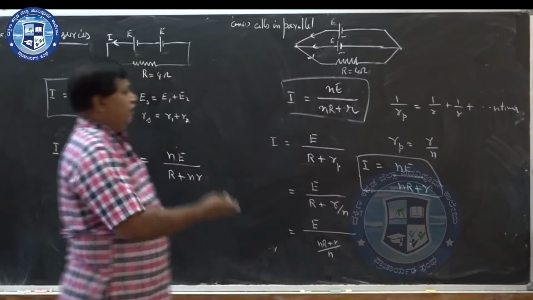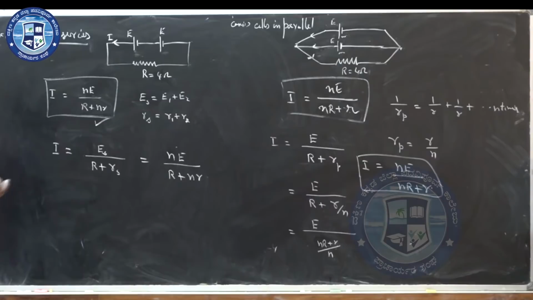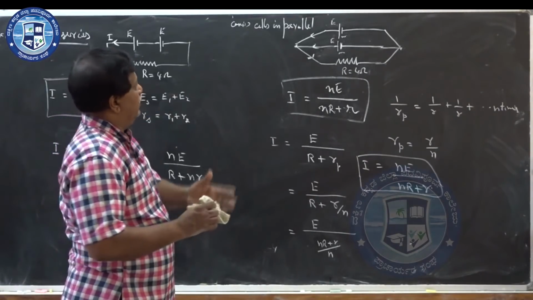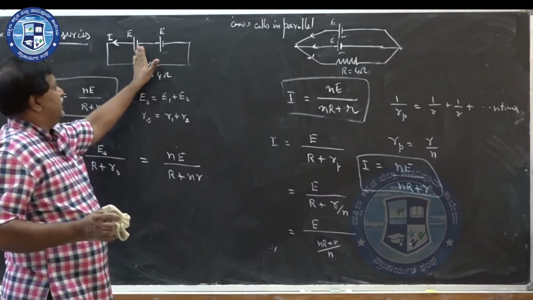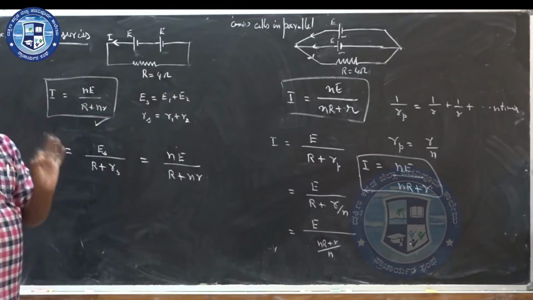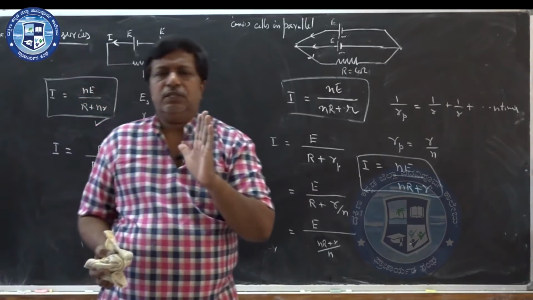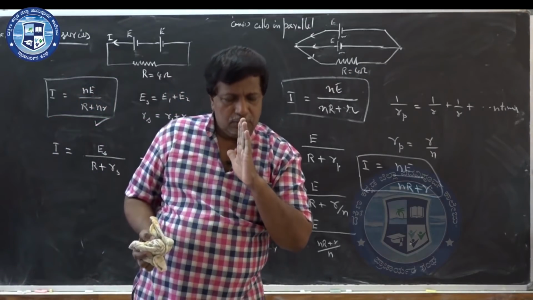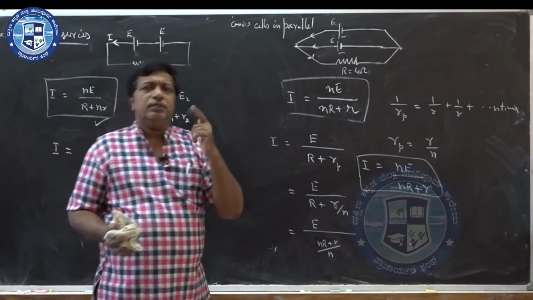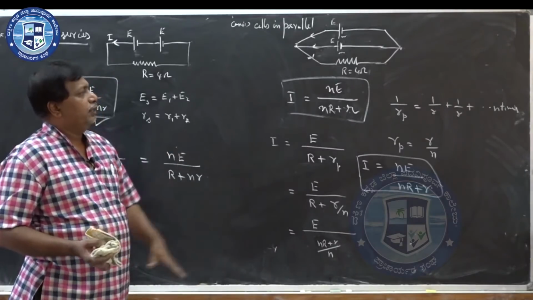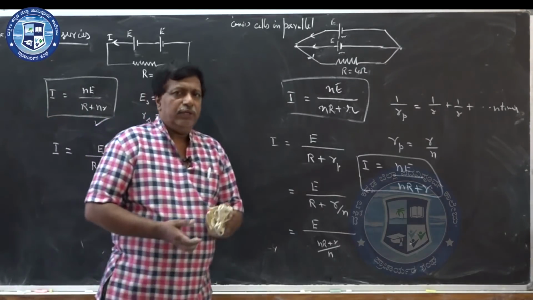So this is the idea. Sometimes if you forget the formula, you can get it, because the internal resistances of cells in series or in parallel are the same as a combination of resistors. It may be series or it may be parallel. That equivalent resistance formula can be substituted and it can be solved easily.